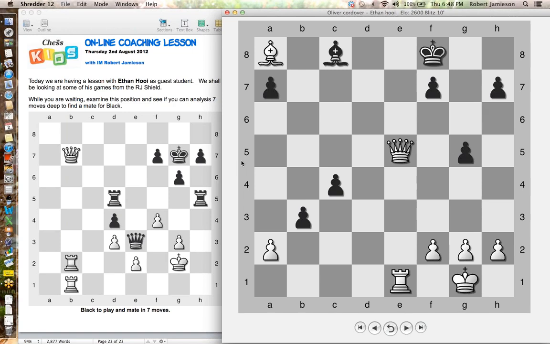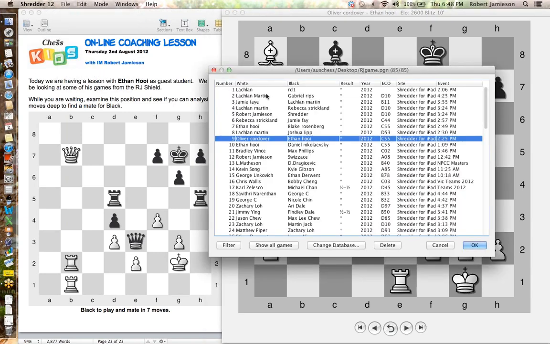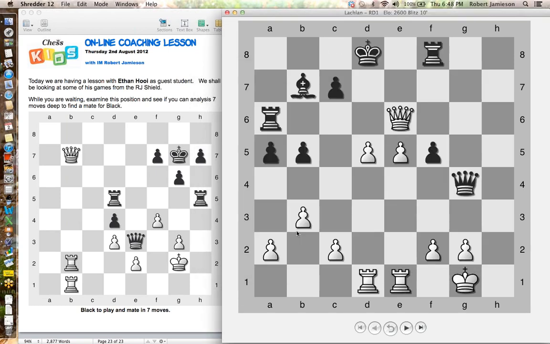So let's have a look at how some of the older guys play. What will we start off with? Let's have a look down here. All right, here's a position from Lachlan's round 1 game. Now Lachlan's white